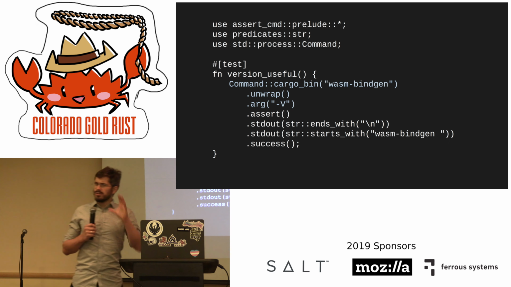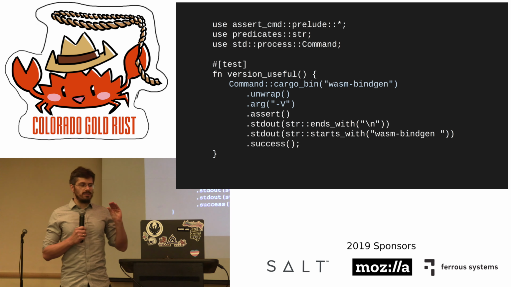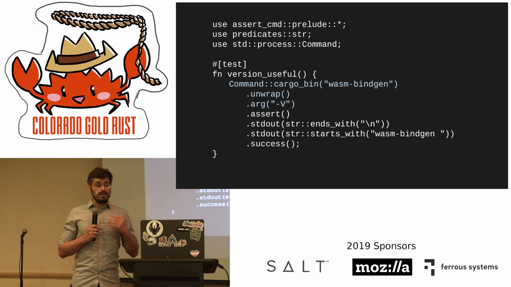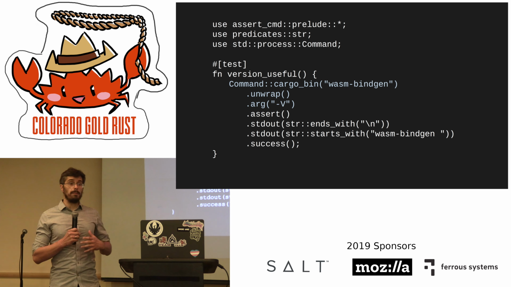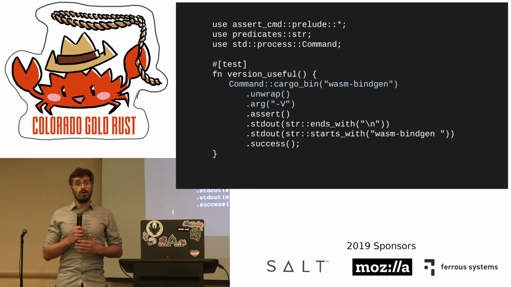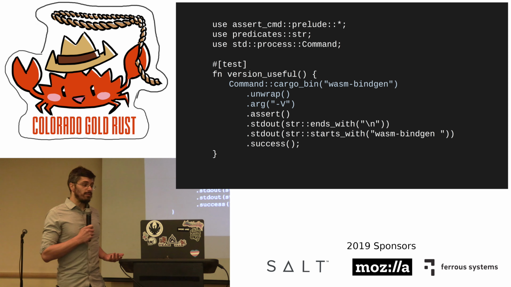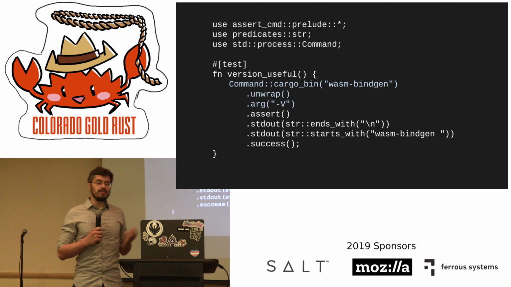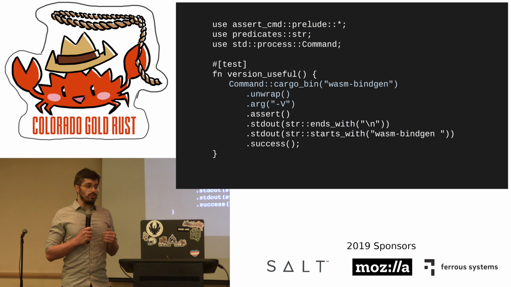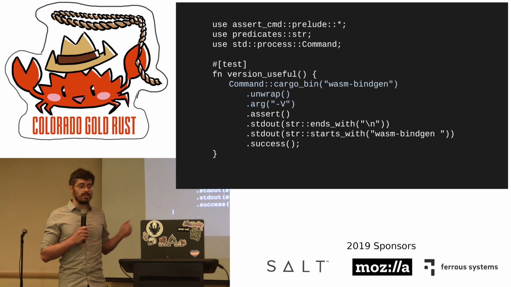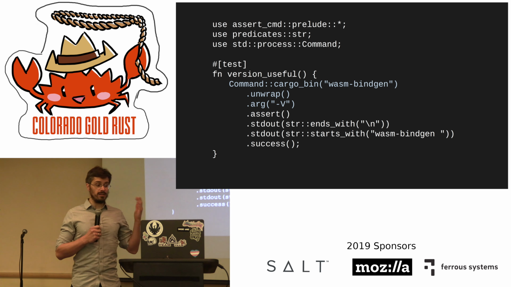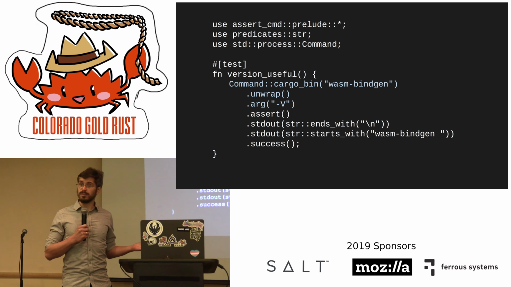In addition to doing this for tiny little pieces of your code, just a single function or a single structure, you can do this scenario-based testing for much larger pieces of code, perhaps whole CLI applications. Here we have an example stolen from the wild for the wasm-bindgen CLI, where you can use, with the help of some handy test libraries, just execute your whole dang CLI and assert that the output matches what you